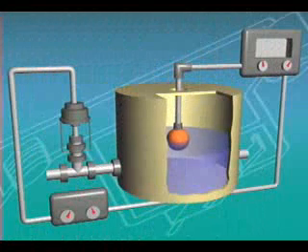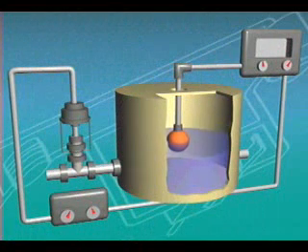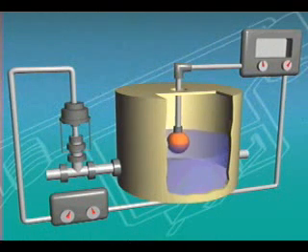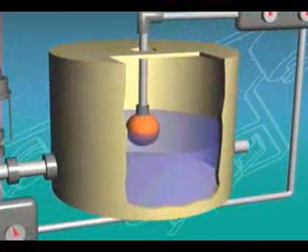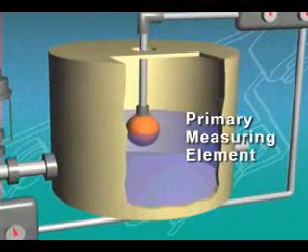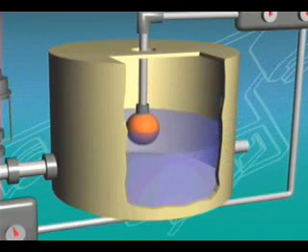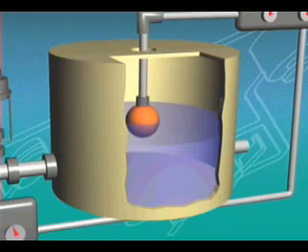Here, we see a simple system for controlling water in and out of a holding tank. The demand on the tank causes the water level to drop and consequently causes a float in the tank to drop as well. This float is the primary measuring element of our simple system. The primary element is the part of the system that detects the process upset or change in the value of